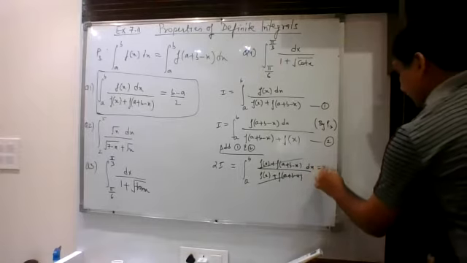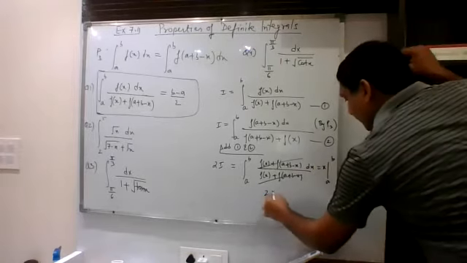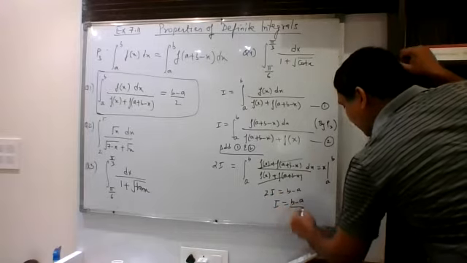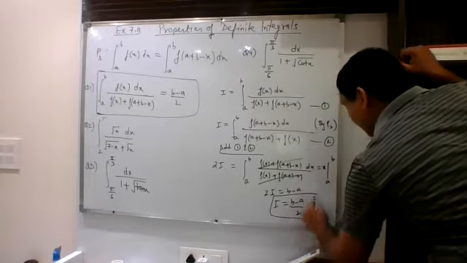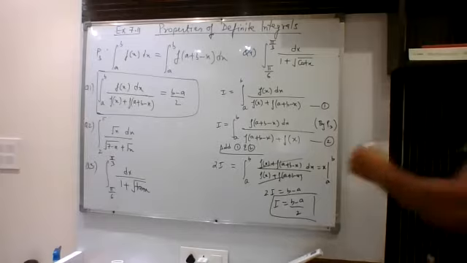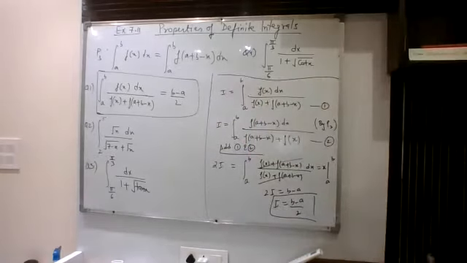You are left with only dx. Limits are running from a to b. That means 2I can be written as b minus a. So I can be written as (b minus a) upon 2. So this is our answer. This is how we can do this particular question.